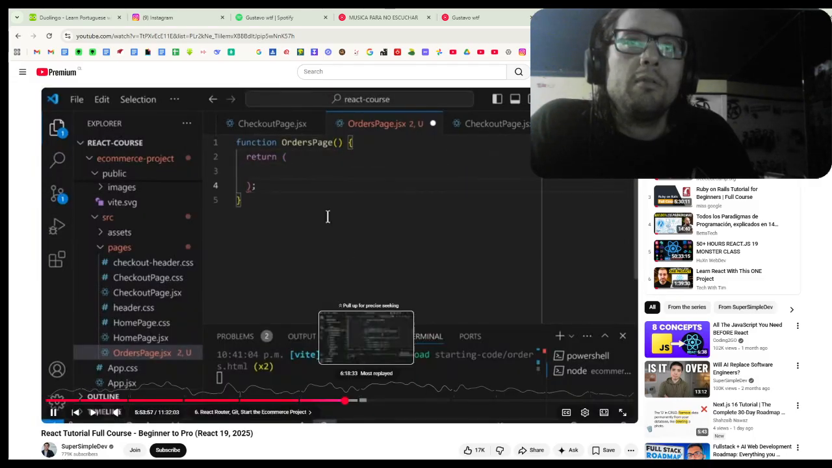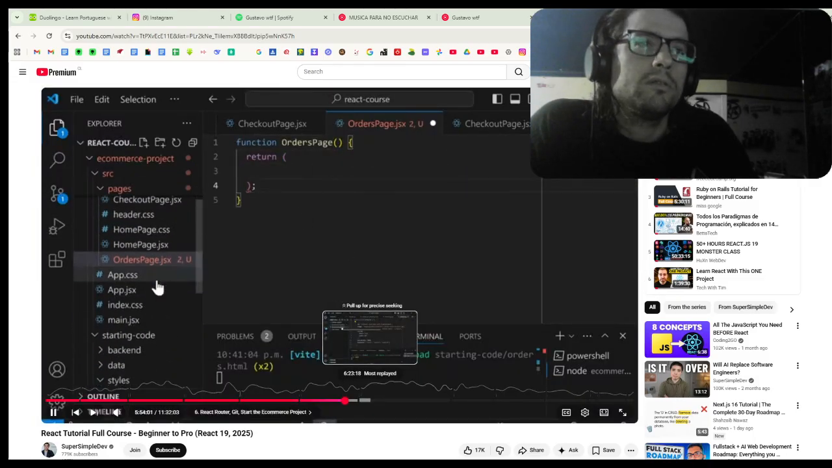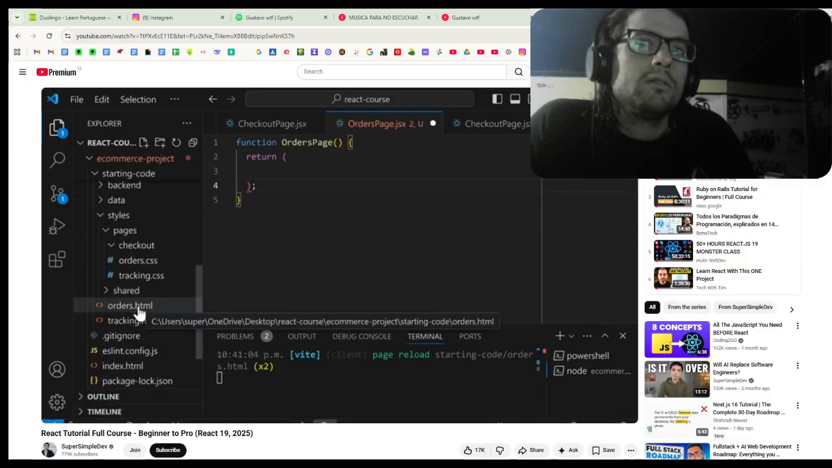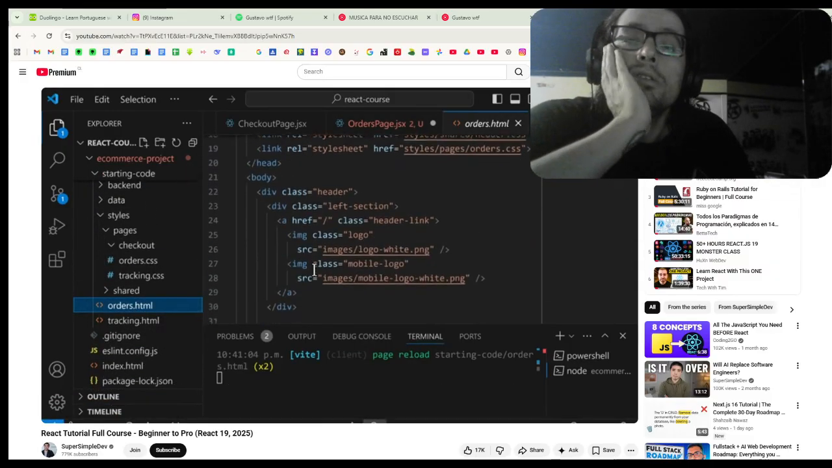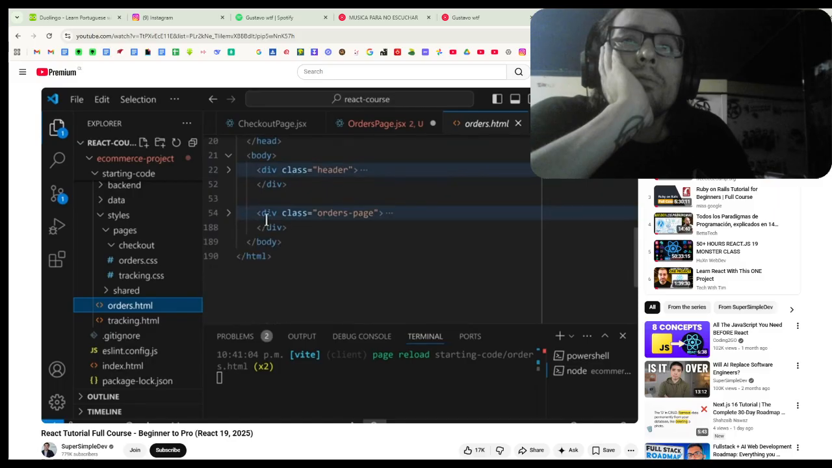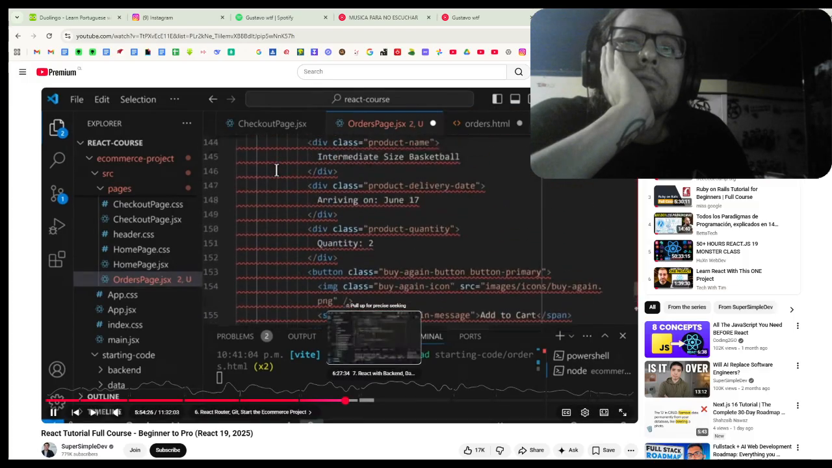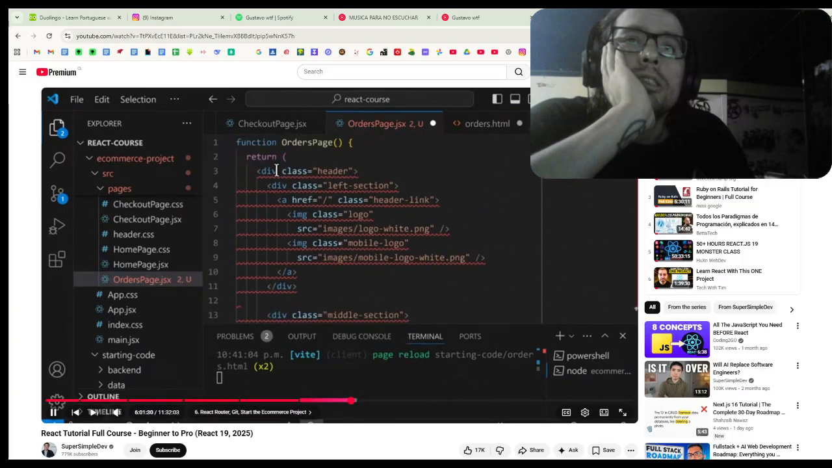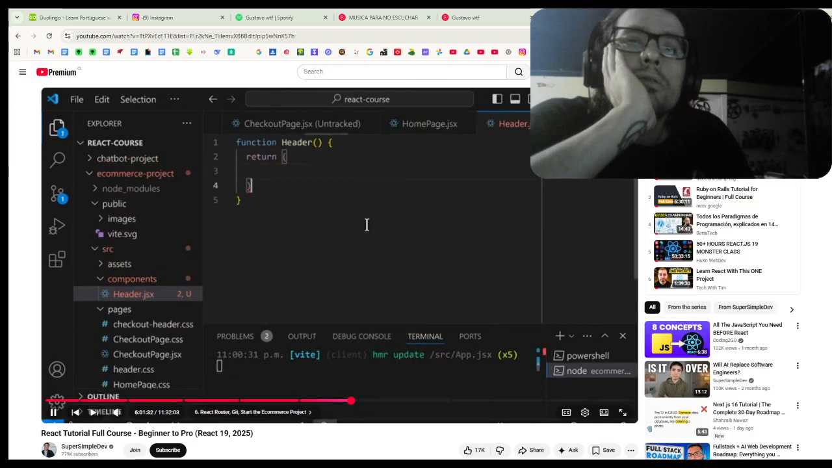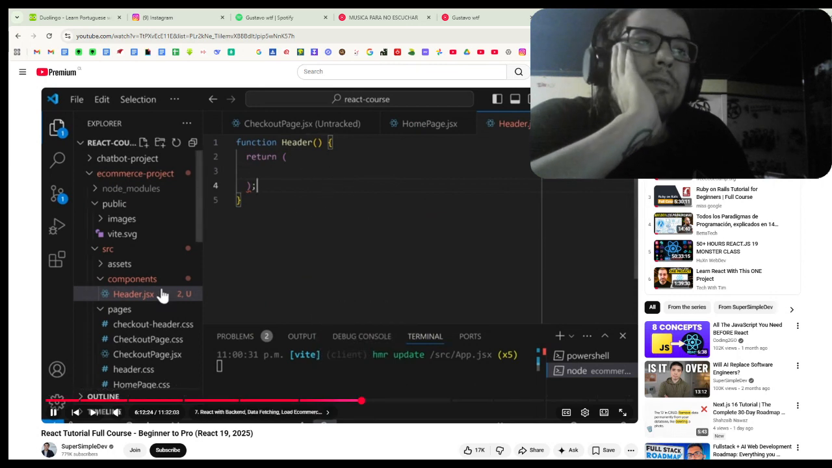We'll move over the HTML. So we'll go back to the starting code folder and open orders.html. We'll start with the body, so we'll scroll down, and we can collapse these two elements, and we'll select the HTML and cut, and inside the orders page, inside the return, we'll paste. We'll scroll up, we'll return brackets, and we'll move over the HTML